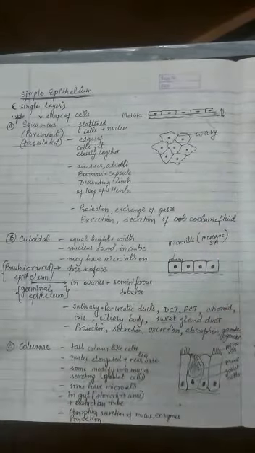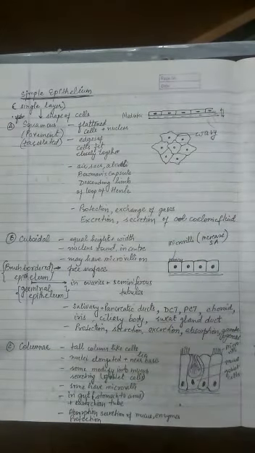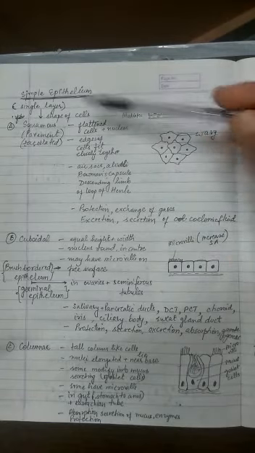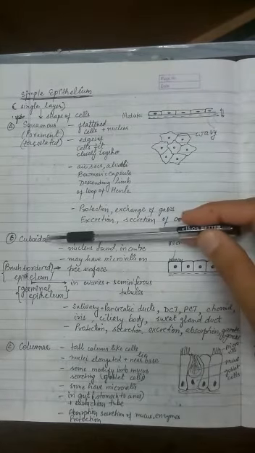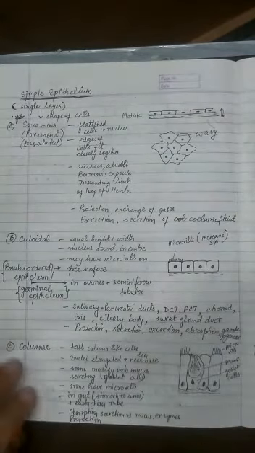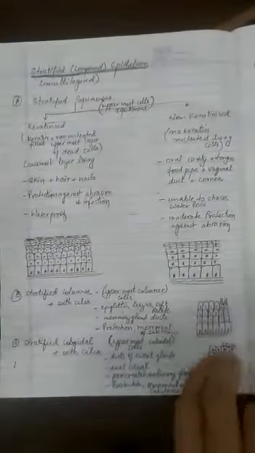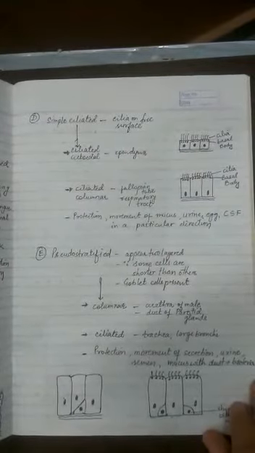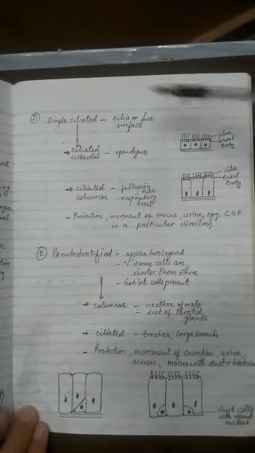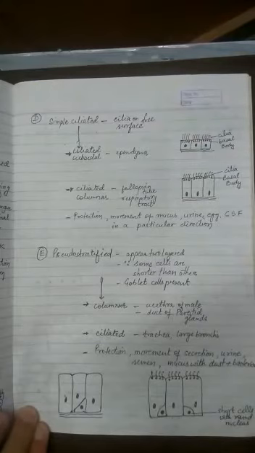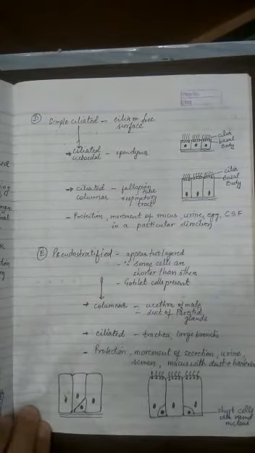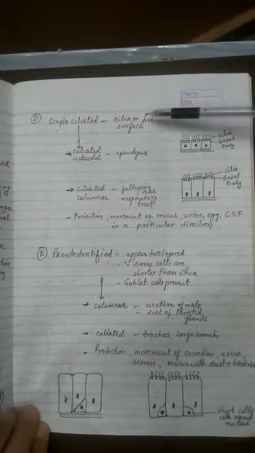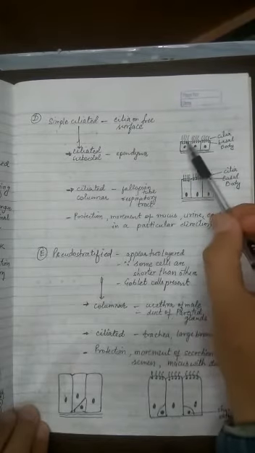So simple epithelium is of how many types? 3 main types we have learned. We'll be learning more on the next page. So the 3 types so far we have covered are squamous epithelium, cuboidal epithelium, columnar epithelium, and the next one is the ciliated. Now if cilia is also present in the epithelium, and if it is a simple epithelium, meaning a single layer, then it is called simple ciliated epithelium, and cilia will always be on the free surface. Remember that, not the basal surface, free surface.